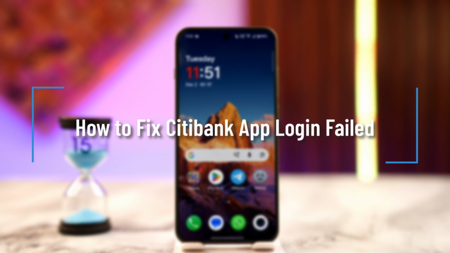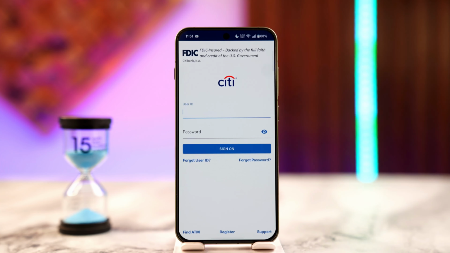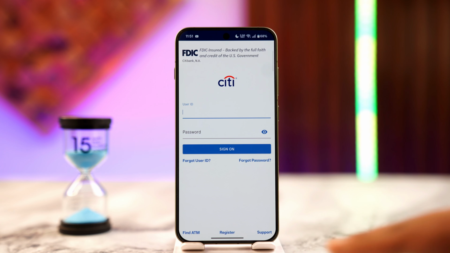How to fix Citibank app login failed. If you're not able to log into the Citi Mobile banking account, given that you already registered for it. If you didn't register, that's a whole different thing. You have to register first of all. And after that, you can try to check your Wi-Fi connection, because sometimes a simple internet connection could be the